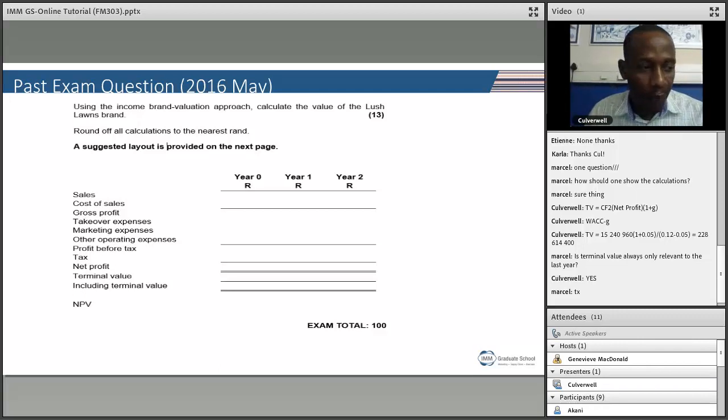Remember how we calculate NPV. Go to your financial calculators. We then need to calculate NPV. The value of our NPV becomes the value of our brand, in this regard, for Lush Loans. So on your financial calculators,